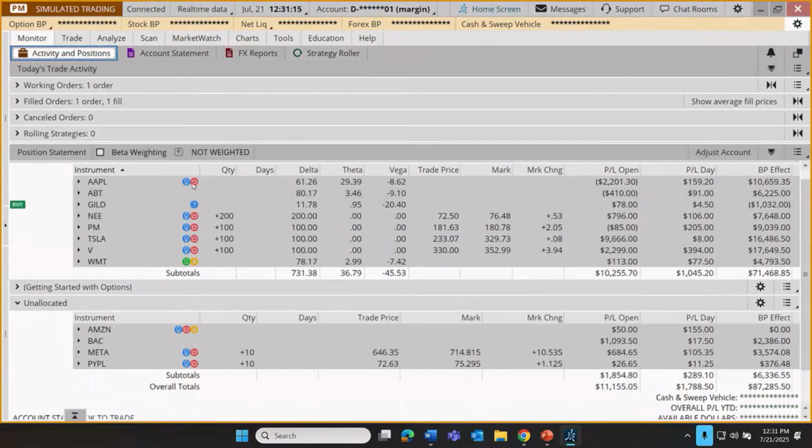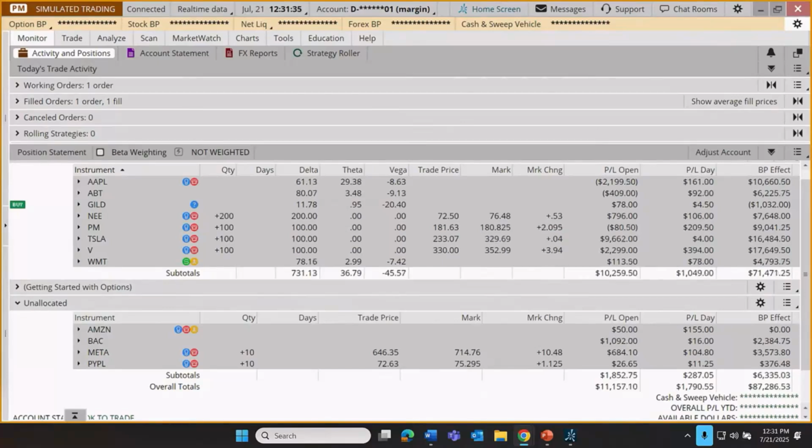But I wanted to talk about managing our Abbott position and our Walmart using the strategy roller tool. So that's right up here. Now, earlier in the webcast, I asked if some of you have used this strategy roller, and I see Josh said, nope. Kevin says, no, sir. Paul, no. Ted, no. Kelly says, I haven't. Will says no. And David says no. So I don't think I saw any yeses.